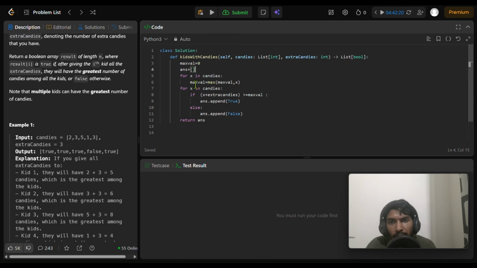So for x in candies, max val is equal to max of max val, का max. यहाँ हम क्या कर रहे हैं कि max val में maximum of current max val जो है और x, ये एक और तरीका है पाइथन में. हम जैसे फॉर आई इन रेंज यूज कर रहे थे, उससे क्या होता था कि हमें नम्स ऑफ आई करके बार बार एक्सट्रैक्ट करना पड़ रहा था वैल्यू. फॉर एक्स इन कैंडीज अगर आप ये करते हो तो ये ऑलरेडी एक एक वैल्यू निकाल के बार बार देगा. पहले 2 देगा, फिर 3 देगा एक्स में. सो डायरेक्टली हम x को मैक्सवेल से कंपेयर कर दे रहे हैं।